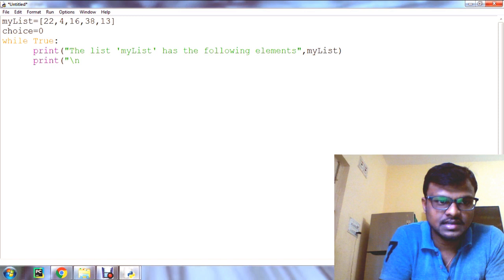After this, one more print statement, number 3: append a list to the given list.